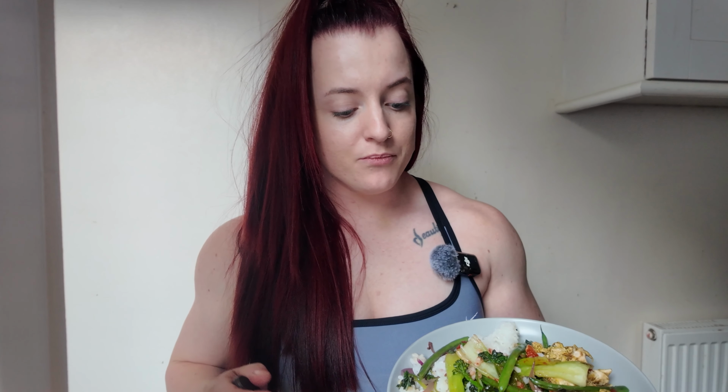Just plated up my dinner and I've got my stir fry meal. So this one is katsu chicken, sticky rice, and a tender stem veg stir fry, so green beans, pak choi, all of that sort of stuff. And I've just topped it with a drizzle of this kimchi ketchup, which is really nice. It just gives it a little bit of a spicy boost, and it's next to no calories as well, so it's an easy way of adding flavour without damaging my macros for the day. So I'm going to have this, finish off the last little bit of work,